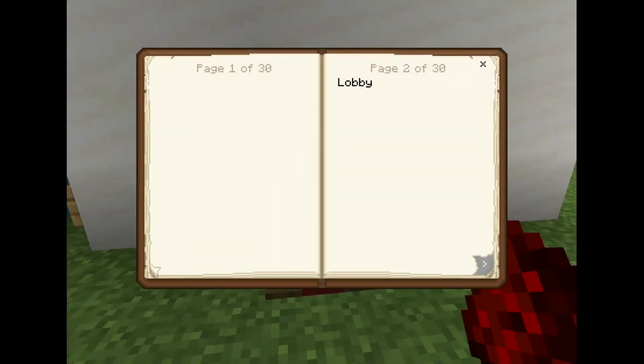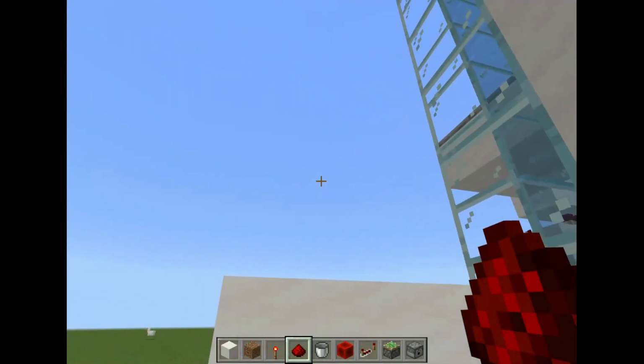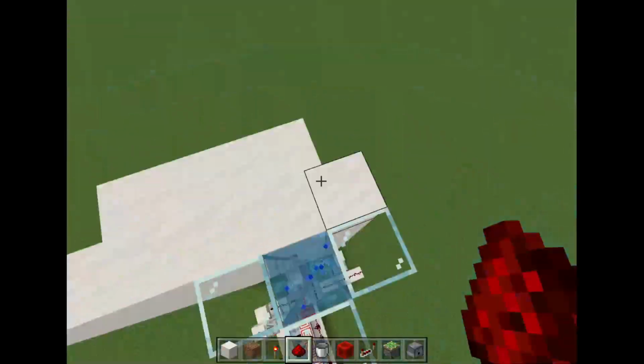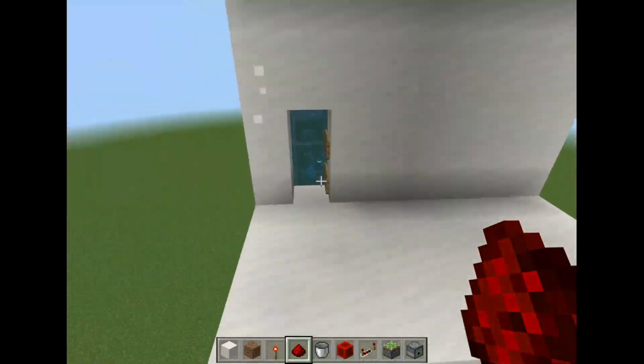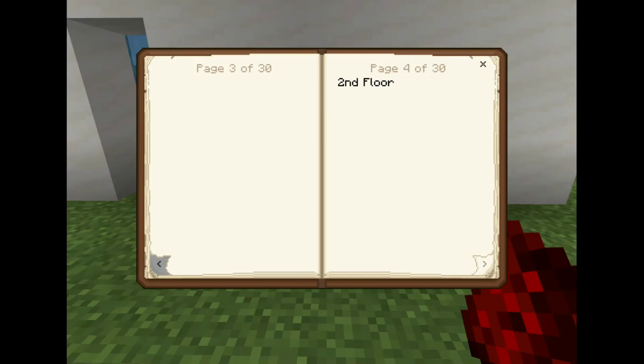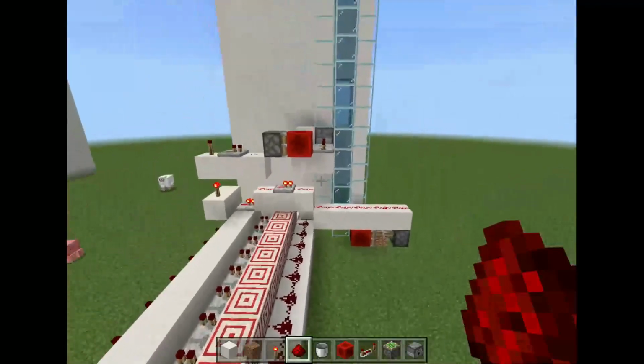Now, if you want to test to make sure that you can get to the next floor up, even though you haven't set up the redstone for it, just to make sure that it does put water back in the bubble column so that you go past it, you can go ahead and set your lectern to the next floor up, and it should shoot you all the way to the top. So we will go back down to the lobby, and then we will come to the back and carry on